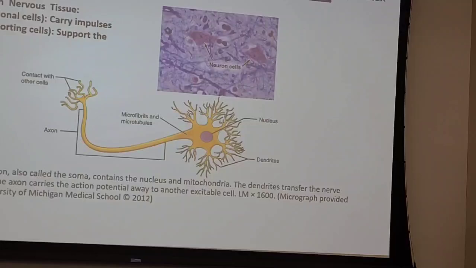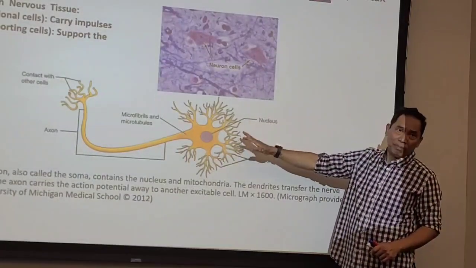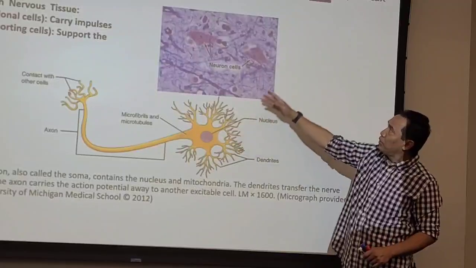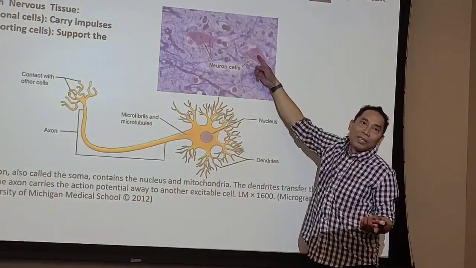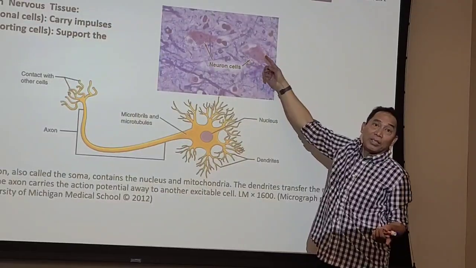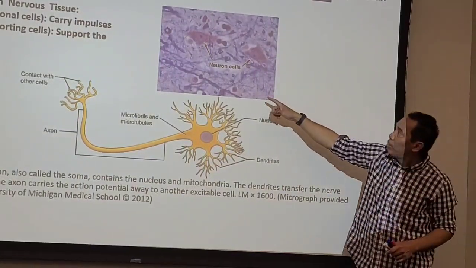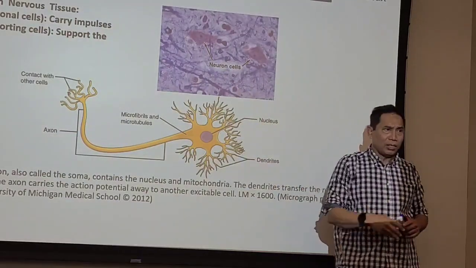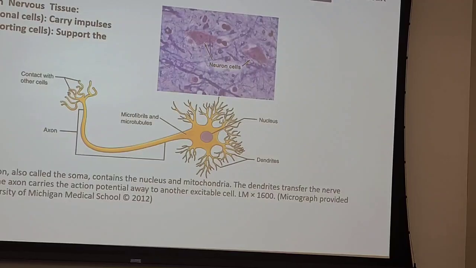This is how it looks. This is just a schematic drawing of the neurons. If you see it under the microscope, it may look like this. You only see the cell body. And sometimes the axon is cut, and the dendrite, you don't really see it. And then around it, there are smaller cells that are actually oligodendrocytes or astrocytes, which are the neuroglia. It has 3 parts: dendrite, cell body, and the axon.